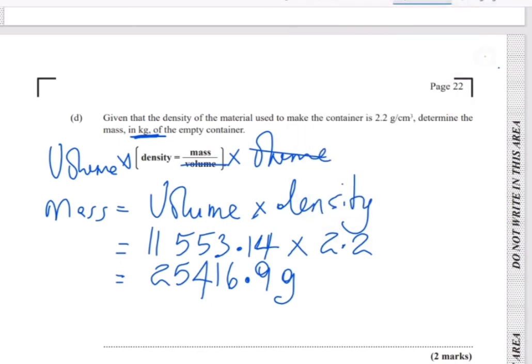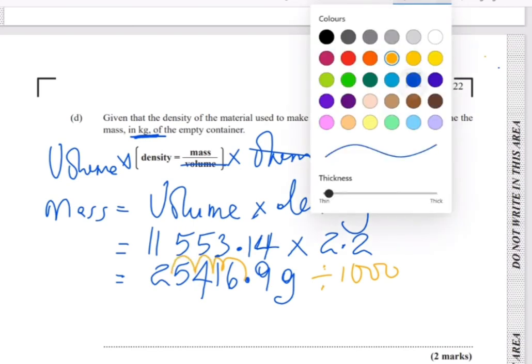To rewrite that in kilograms, I need to remember my conversion. So how many grams make a kilogram, right? I know that 1,000 grams equal 1 kg. So I'm going to divide this by 1,000, right? Dividing by 1,000, move my decimal place 1, 2, 3, 4 places. So my answer is now